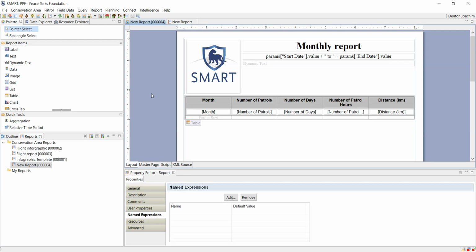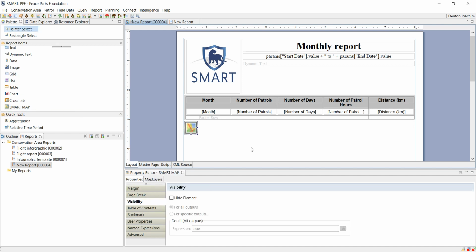So that's adding a table. If, for example, I want to add a map, here is the map option here. Click and drag it into my